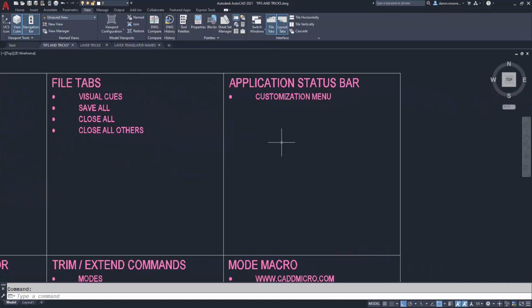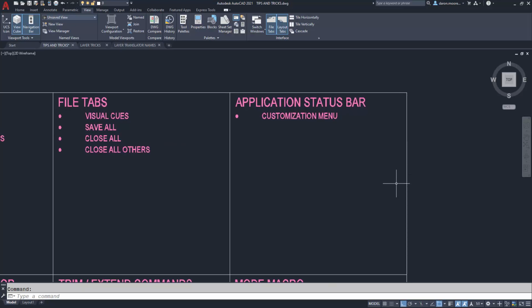The application status bar has a customization menu, and I think a lot of folks know this. And sometimes I'll have people come to my level 2 class or an update class, and I get nervous because I feel like everybody on the planet knows AutoCAD. They know all these tips and everything. But I had a gentleman in class one year, and he's like, "Hey, where did such and such go on